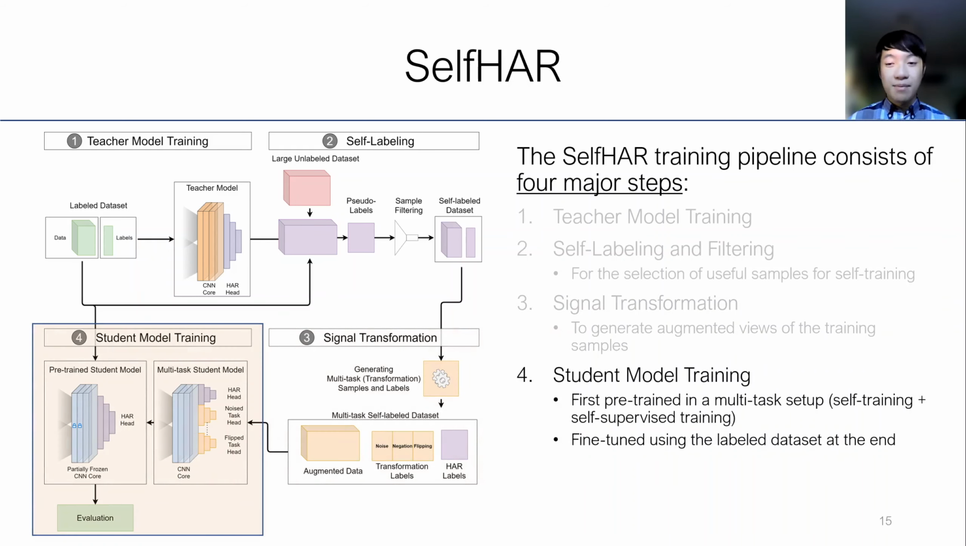At the final step, we first pre-train the student model from scratch in a multitask setup, in both recognizing the HAR activity and also the transformation labels. And then we fine-tune the student model using the labeled dataset at the end. The motivation for this design is to combine both worlds of semi-supervised learning, where we can see that